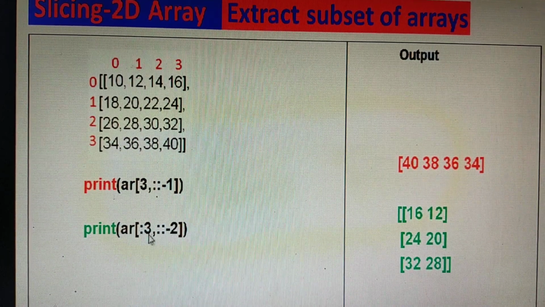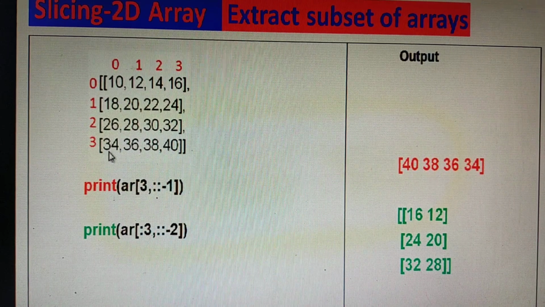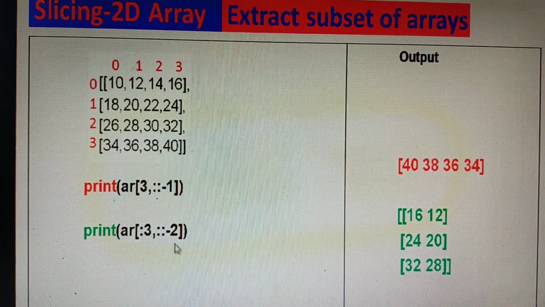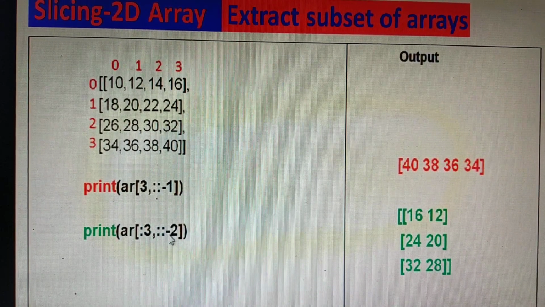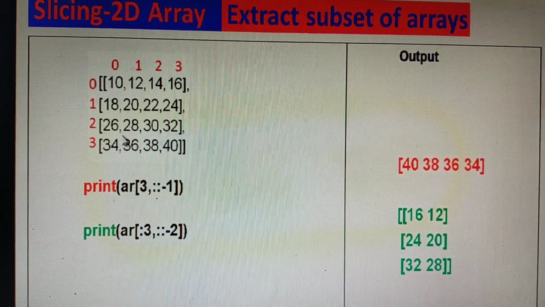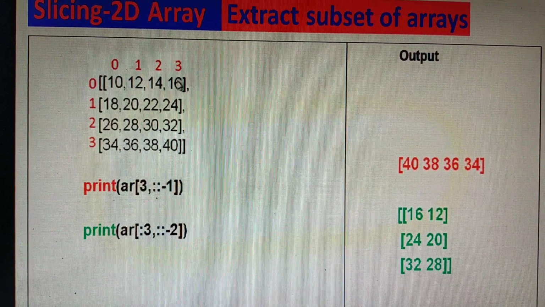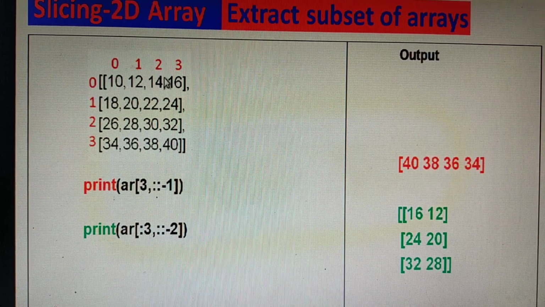Next, colon 3 means starting from the beginning, it will include only up to 2, and all columns with minus 2 step. It will give you two-column skipping in a backward manner.